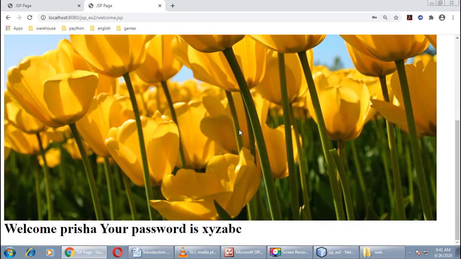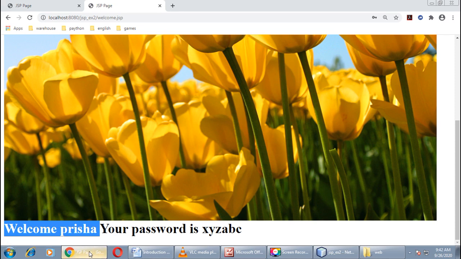Okay, and exactly below that we got welcome Prisha, and your password is XYZABC. So now hope you understand how to use include directive and what is the purpose of this include directive tag in JSP. Okay, you can do more examples as per your wish.